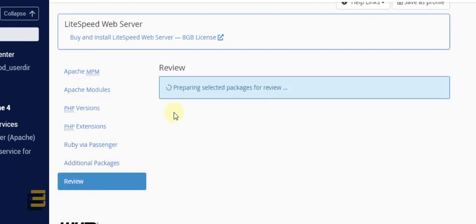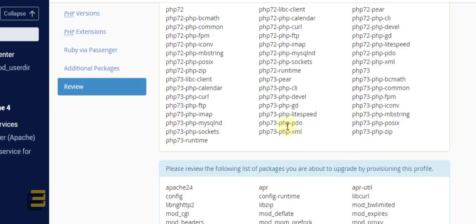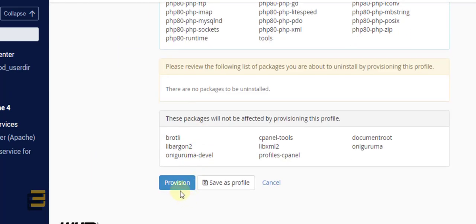review, and there should be a button here which you can provision. So